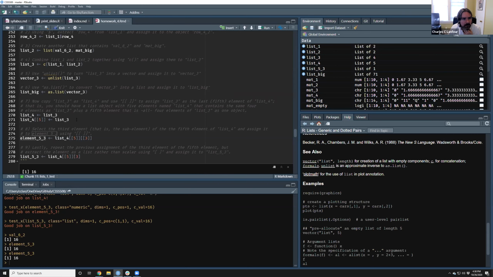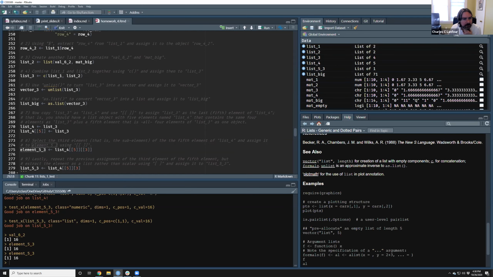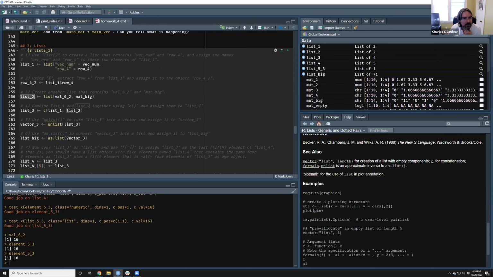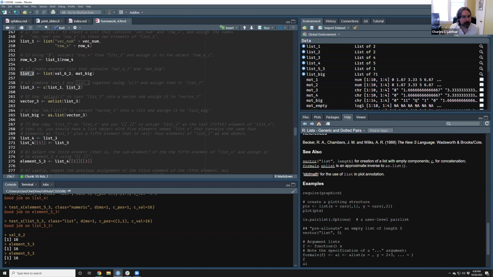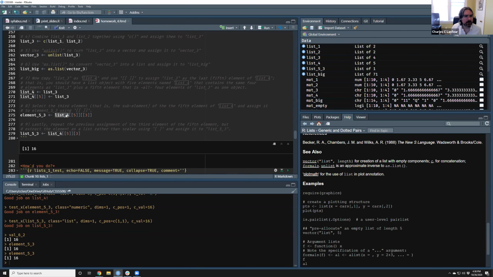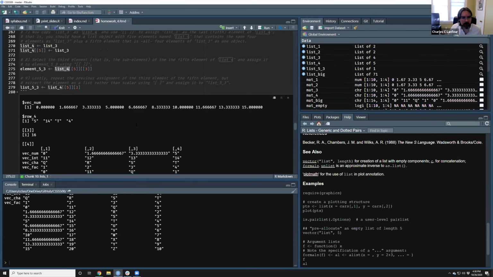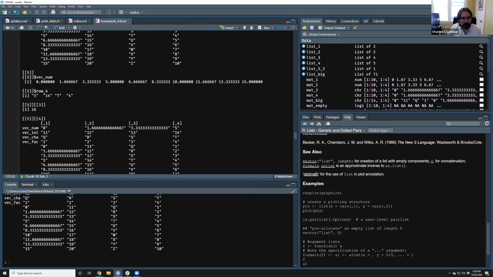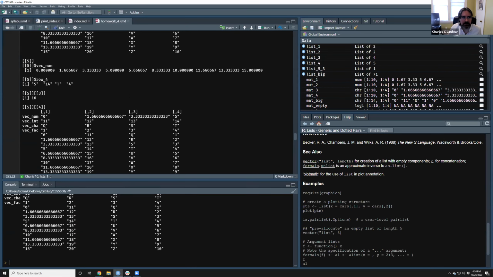So let's see what would cause that. So list 3, list 3, list 3 is list 2, val 2 going to that. So when you look at list 4, the whole object, does element 5.3, 16, look at that.